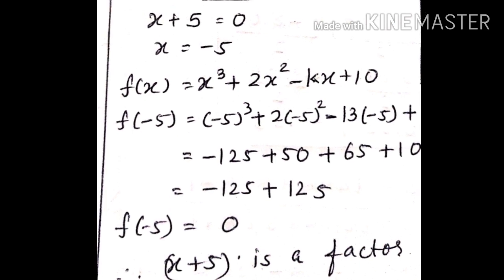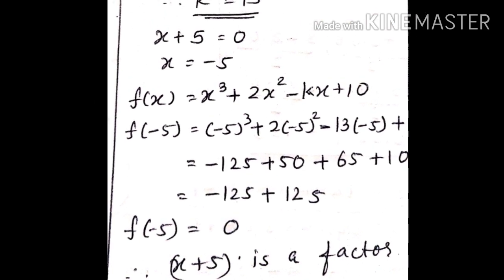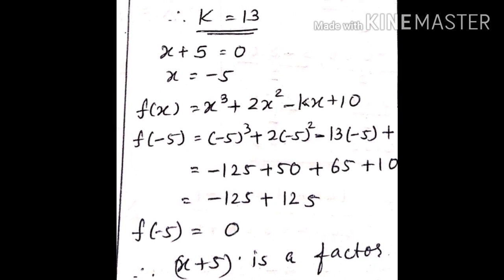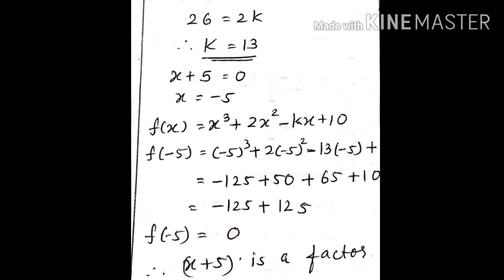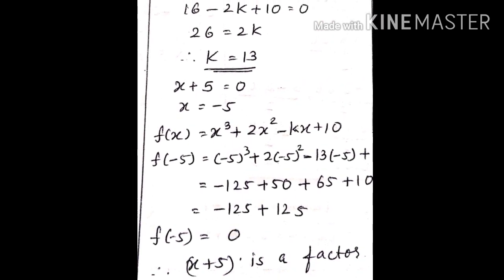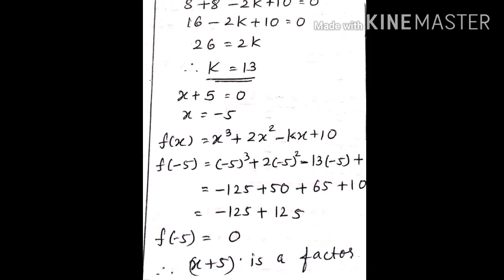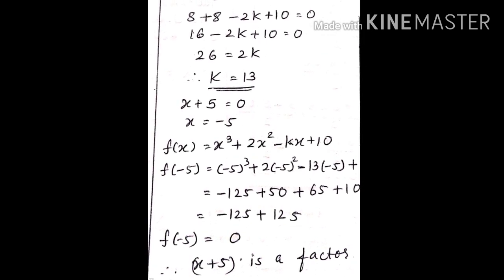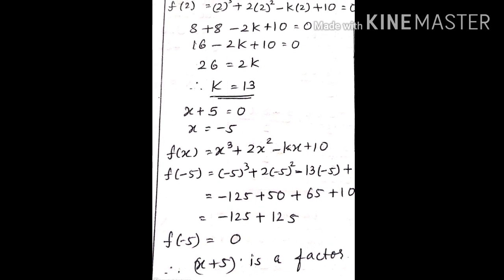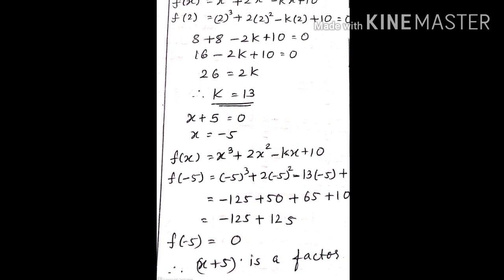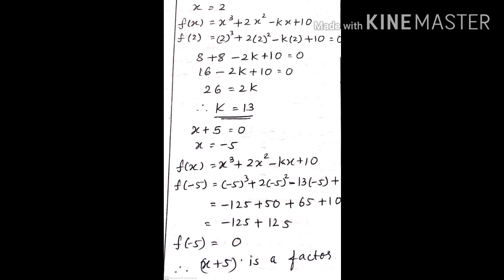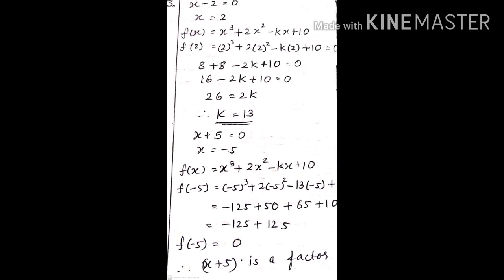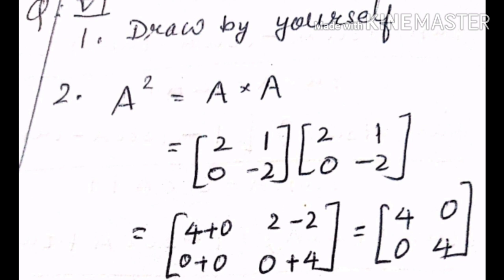Median value formula for the ogive: from the ogive, when you find it out, you have to use n by 2. Do not use (n plus 1) by 2. On the x-axis you will write the classes like 0, 10 to 19, 20 to 29. On the y-axis you will write the frequencies, and on the x-axis you will denote the upper limit and then the frequency. Likewise you will put the points, and you have to draw the curve free hand, that is without scale. It is compulsory, do not use the scale to draw the ogive, and then find the values. So this you can solve by yourself.